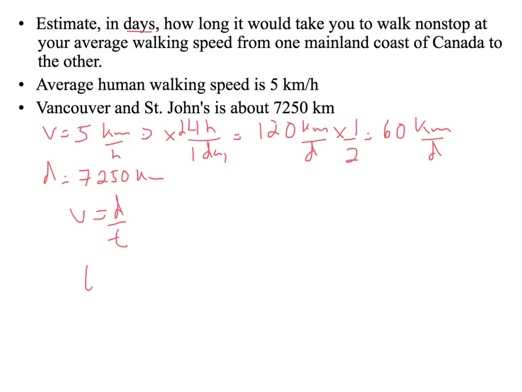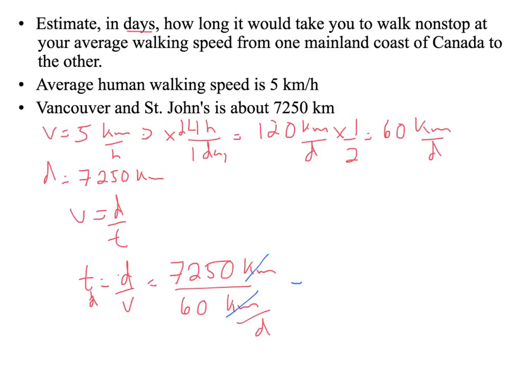Okay, T is the question in days. T is going to equal D divided by V. Distance is 7,250 kilometers. Velocity is 60 kilometers per day. The kilometers cross out, and we get 7,250 divided by 60, which is equal to 120.8